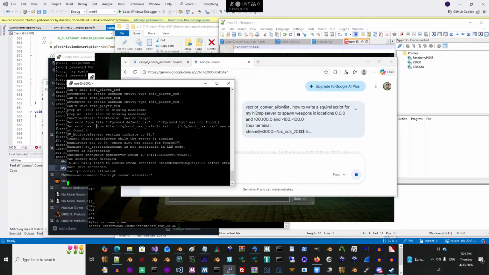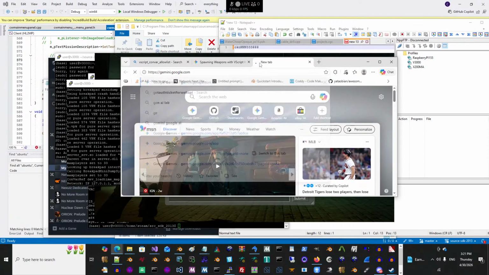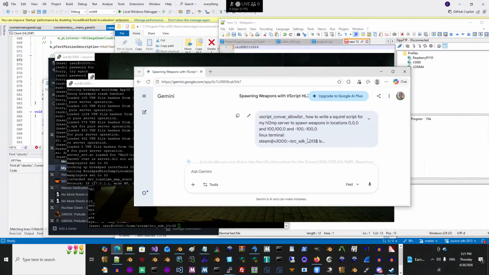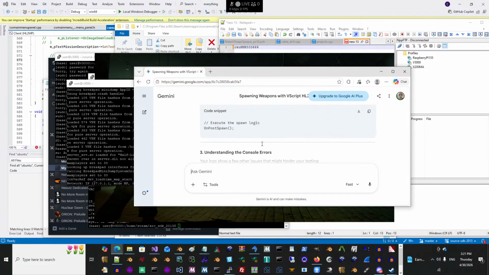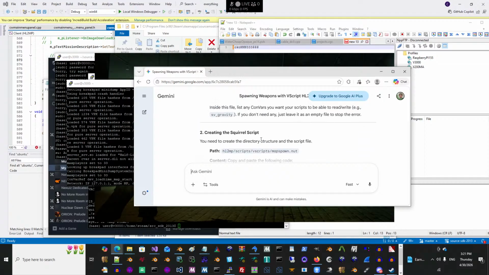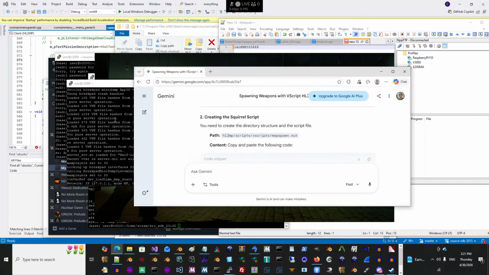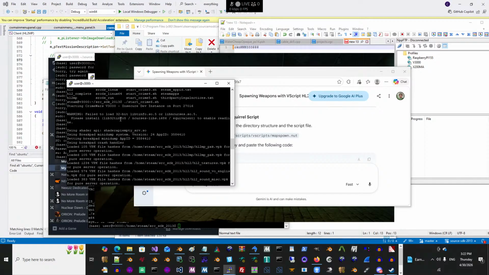But what I need to do in order to speed this up is, I guess there is a way to do that. We can actually embed this into the game without having to mod the game. We could have code without having to compile the DLL. And now what it should have told us,